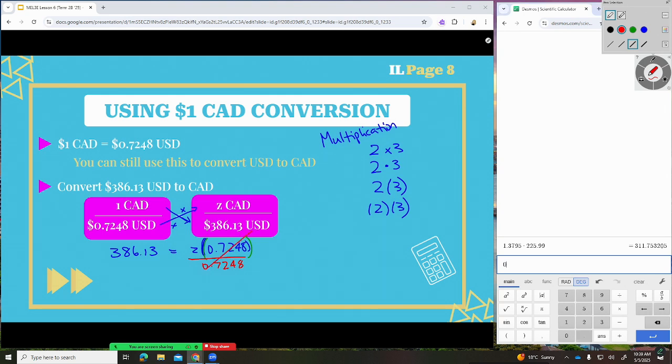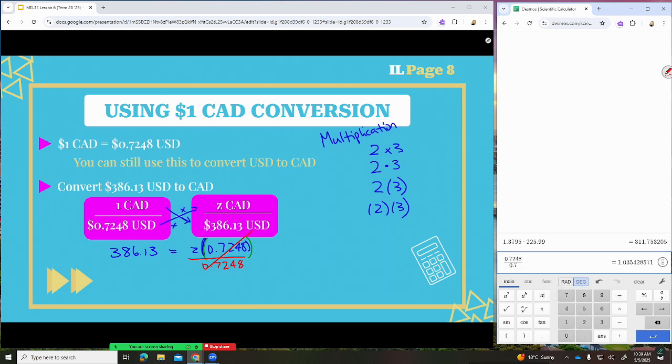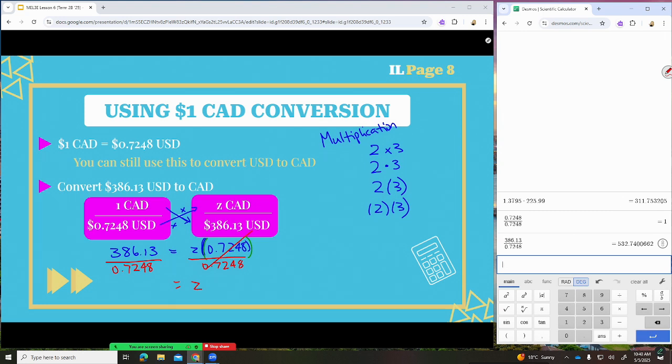If we were to actually do the calculation, 0.7248 divided by 0.7248, you'll see that it gives us just that 1. So it's leaving us with 1Z. But whatever we do to one side, we have to do to the other. So we have to divide out 0.7248. Well, now we can calculate what is 386.13 divided by 0.7248. We get $532, and this is our final answer, so we're going to round